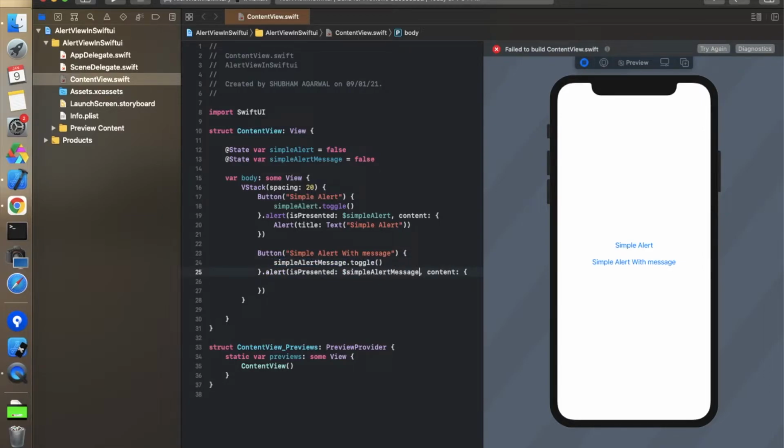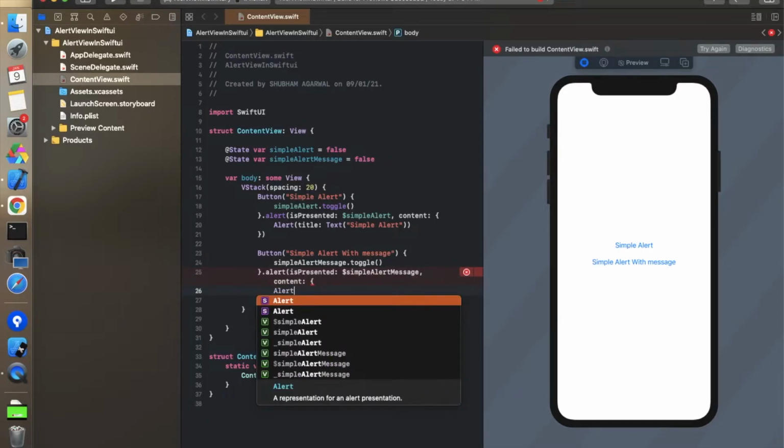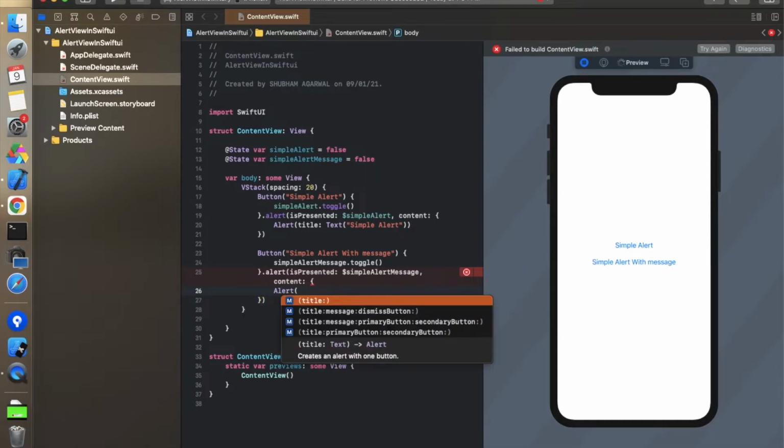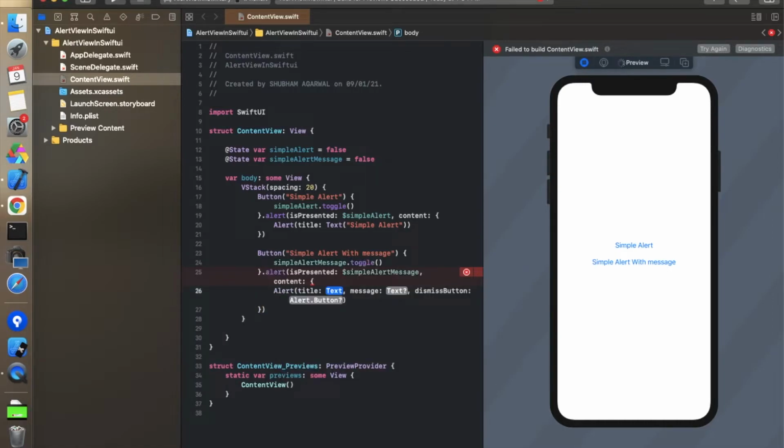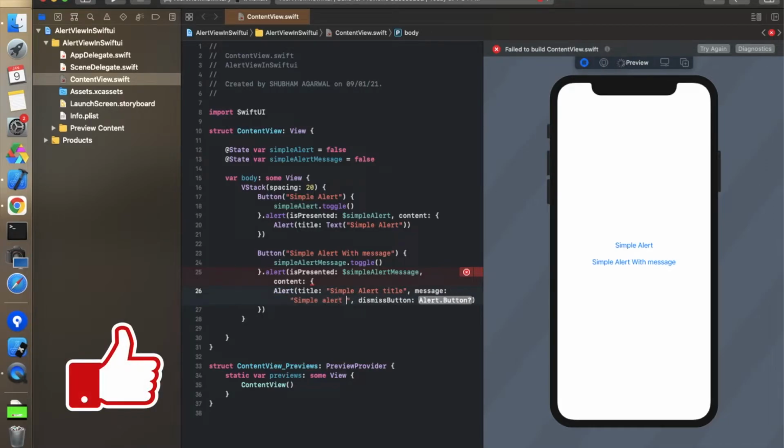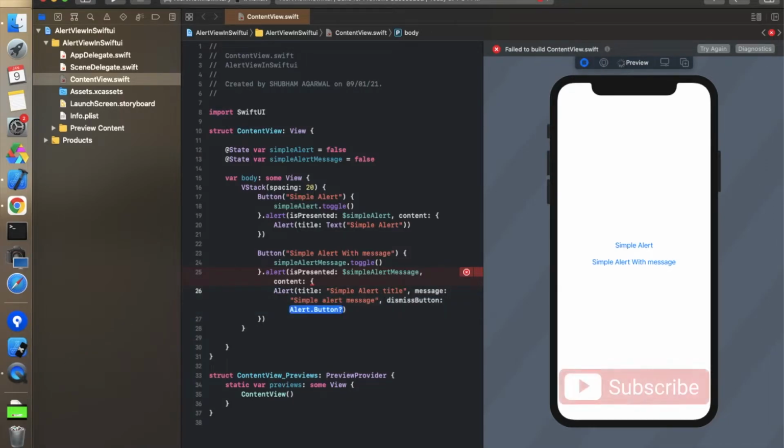So we have to take a property again and again for every message, and it is showing an error because we are not providing anything in this content. Okay, so let's take alert, and we have to use this dismiss button. In the title we pass a simple alert title, in the message a simple alert message, and in this dismiss button it is taking an alert dot button.